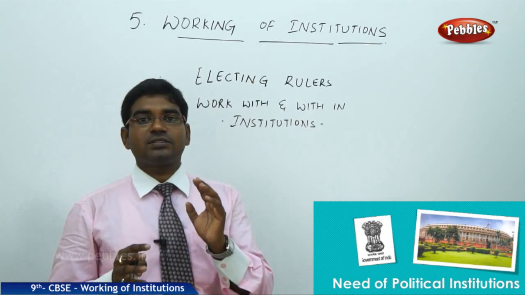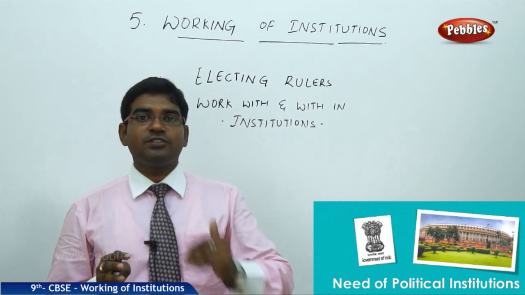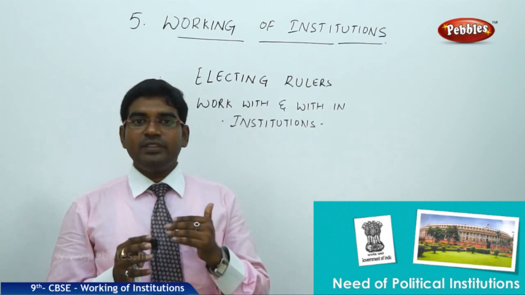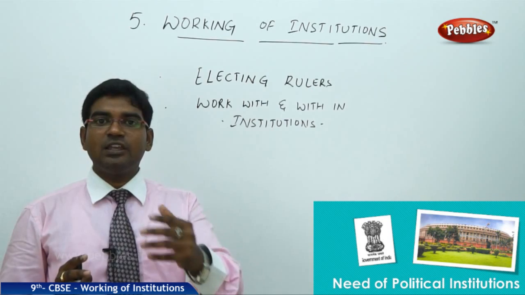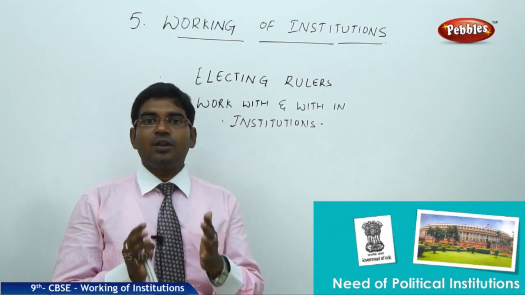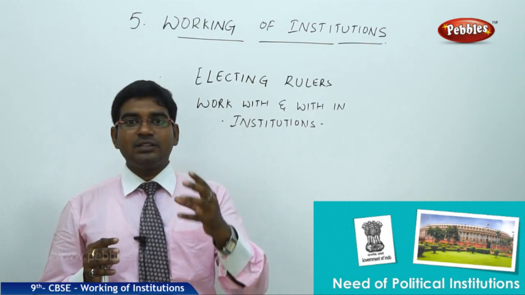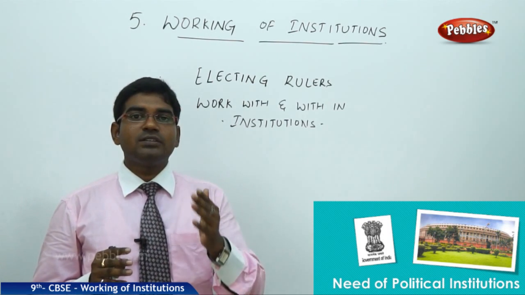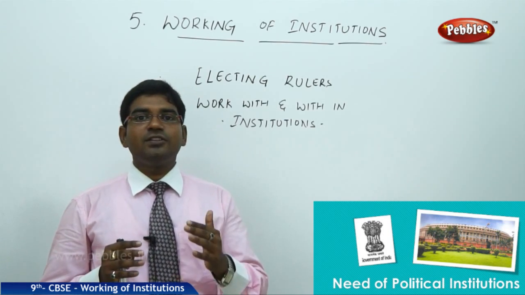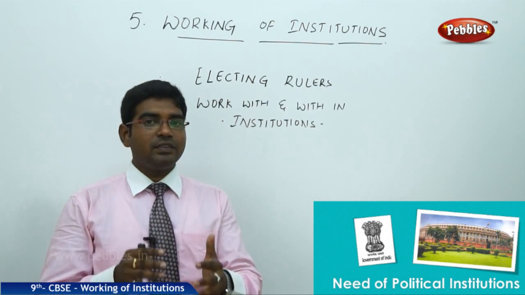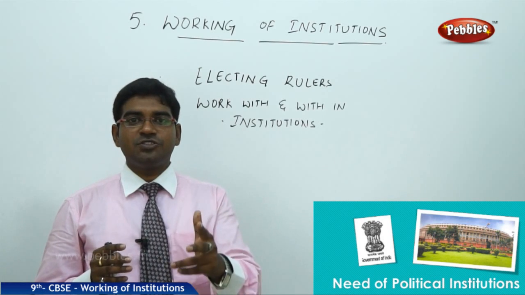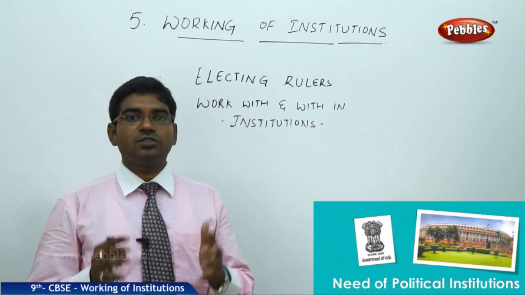So the elected leaders have to work with the organizations or the institutions and also within the framework given to them. In this chapter we will be explicitly dealing with how a policy happens, how the policy will be debated, later how it turns into an act, and what the role of the different institutions is in this policy making. The different institutions we are going to discuss in this unit are the legislature, the executive, and the judiciary. These three are the main organs of the government.